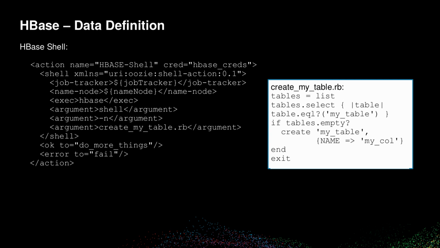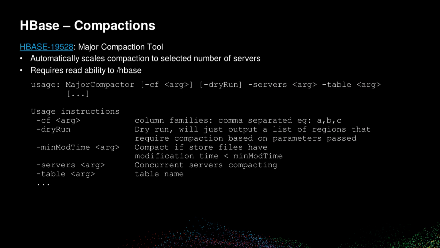And so with that, this shell action could run. You could still set it in a coordinator. You could set it to run every day. If you blow away your HBase cluster and it's a continuous integration cluster, that's great. Your continuous integration job can blow away your tables, and you can still make sure that your workflow always deploys exactly what you think your schema is, exactly what you think your table name is, exactly what you think your ACLs are.